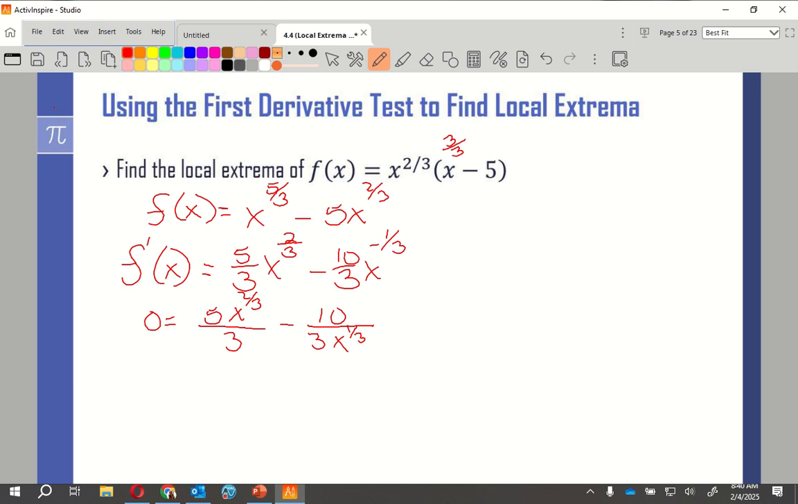Alright, I'm going to multiply because I need common denominators. So I'm going to multiply this first one here by x to the 1/3 over x to the 1/3, because they both already have a 3, right? So I get 0 equals 5x